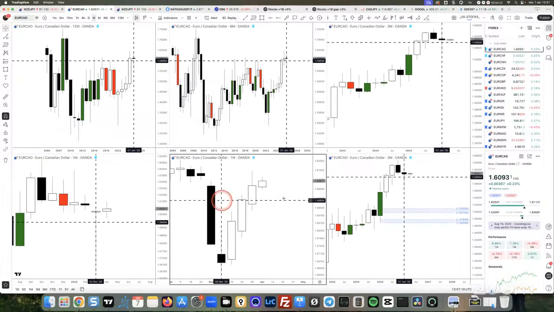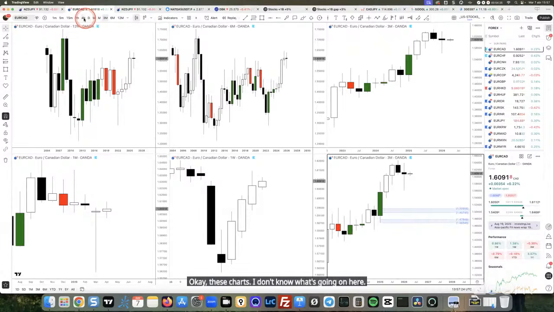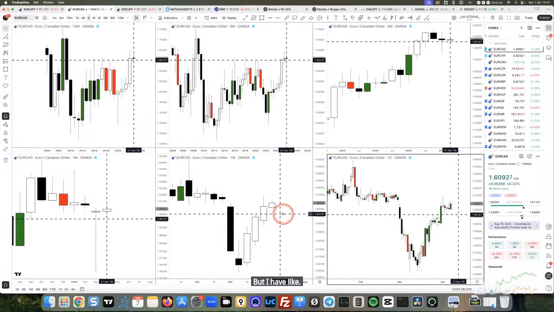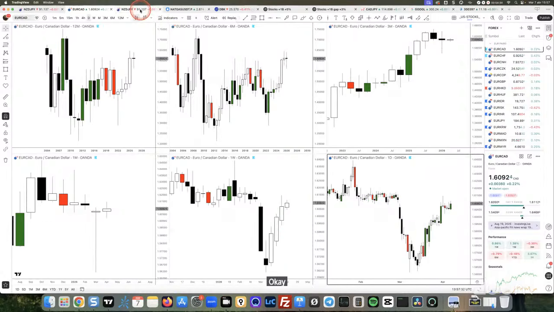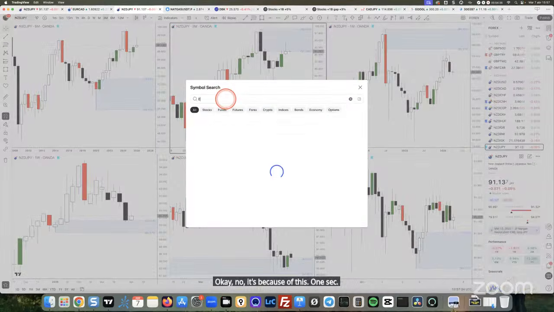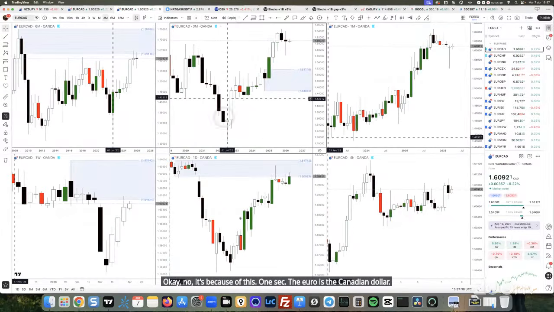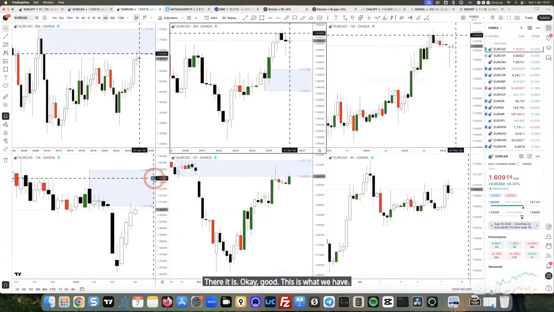Okay, these charts, I don't know what's going on here, but all my charts are... okay. No, it's because of this. One sec. The euro versus the Canadian dollar. There it is. Okay, good. This is what we have. The euro versus the